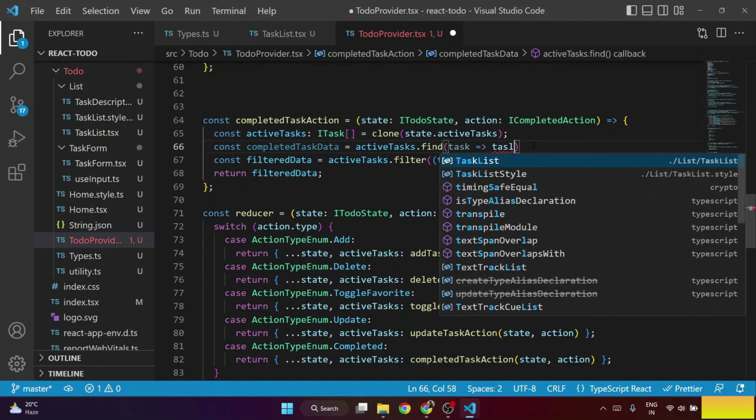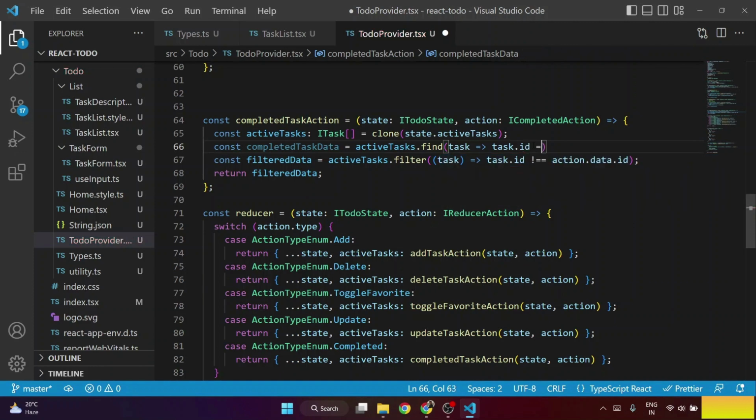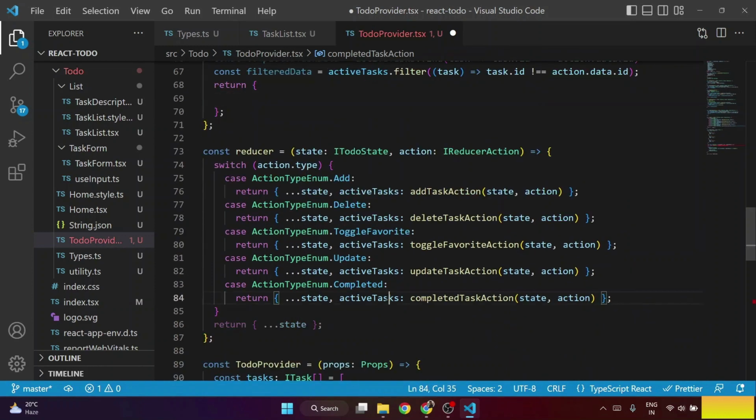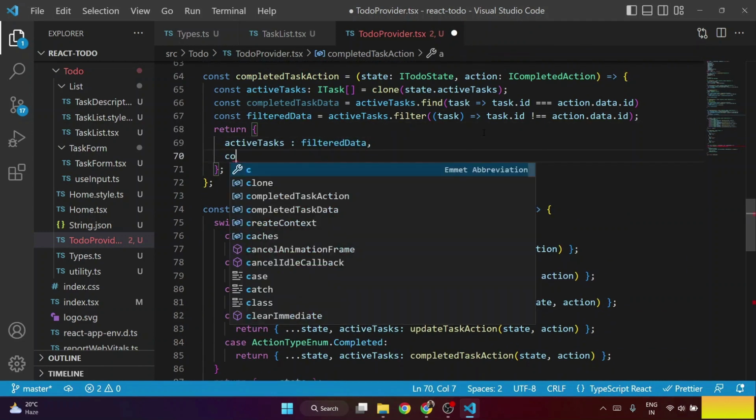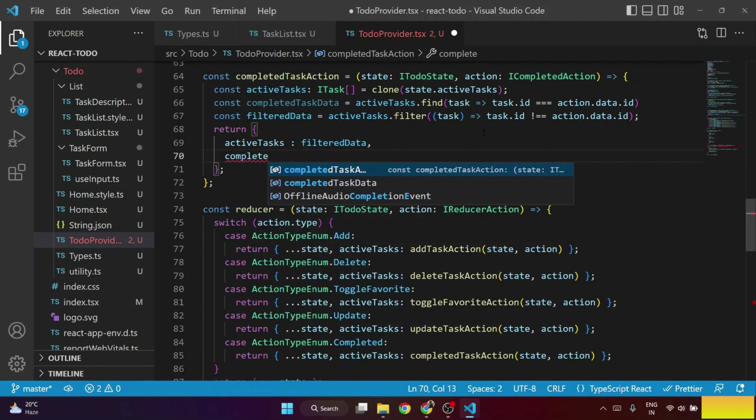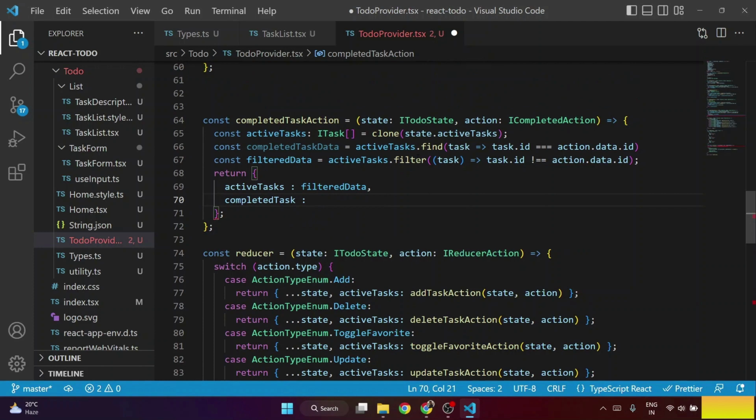Active task dot find, and here, find task. How we do is task dot id equals to action dot data dot id. Okay, so here we will get completed task data, and we are deleting this from active task. Okay, so we need to return here two things: active task, this is the filtered data, and completed task. Completed task is an array of completed task data, and